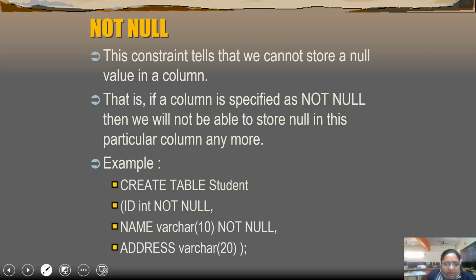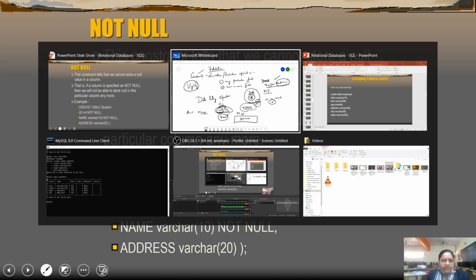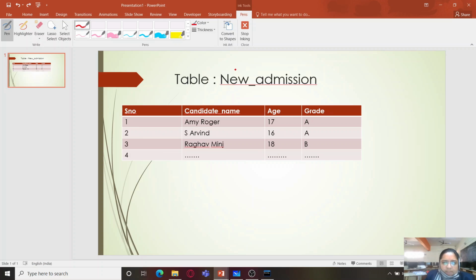We will be understanding this with the help of an example. As you can see, there is a table here, new admission, which consists of the records of those potential students or candidates who are seeking admission into the university in the new session. What I want is that serial number, candidate name, as well as age, these three things should be not null.